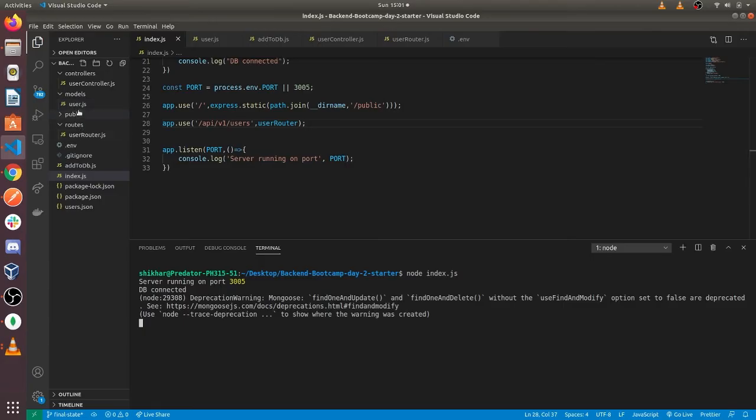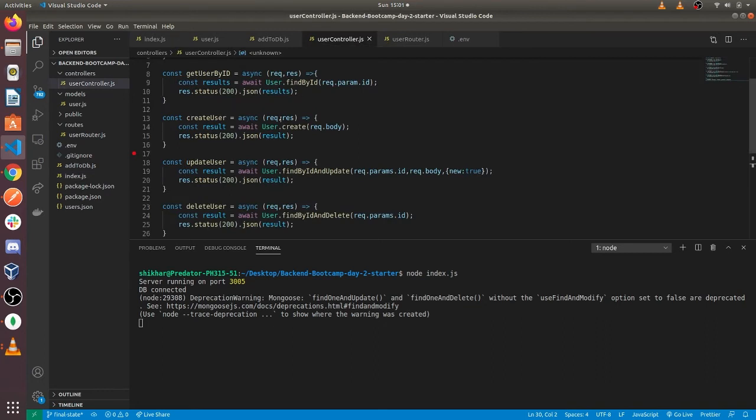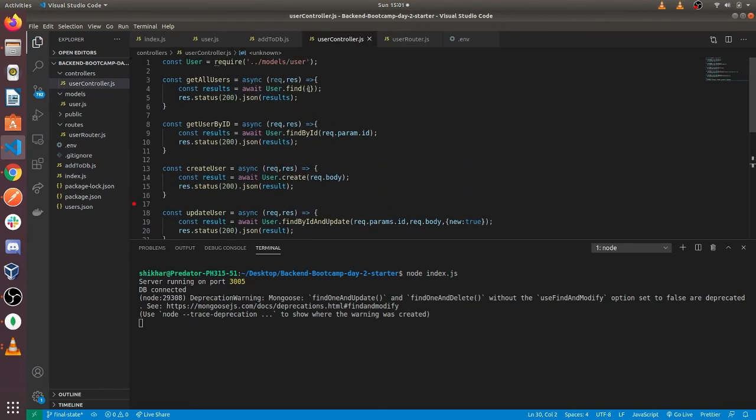What we can do more is to add our search functionality. We will use this query object. Let's say we want to search by name. I'll just add name.